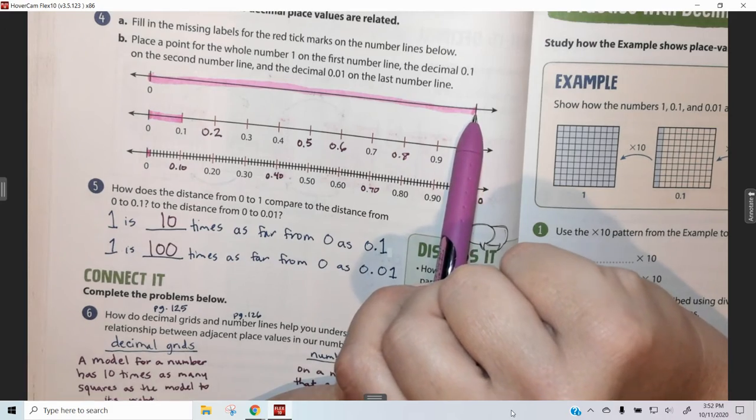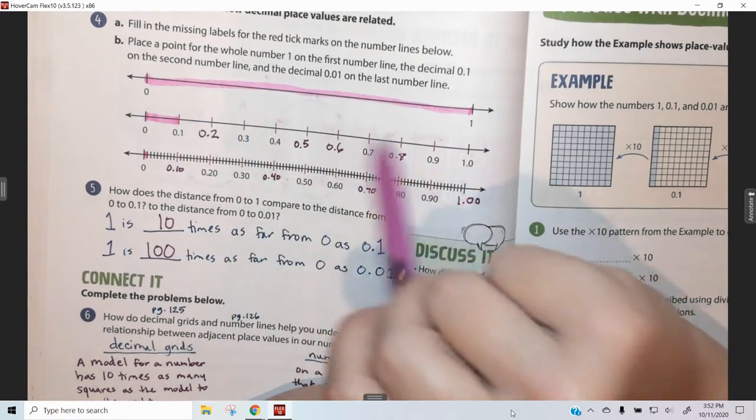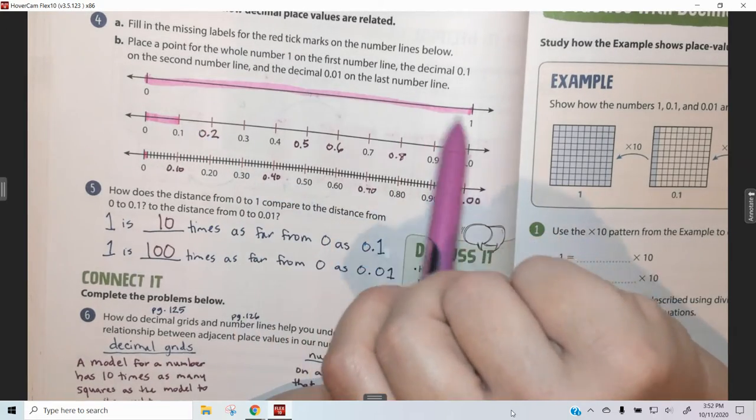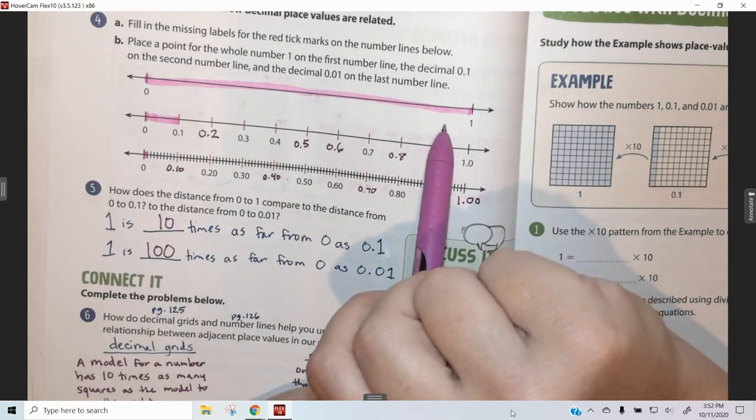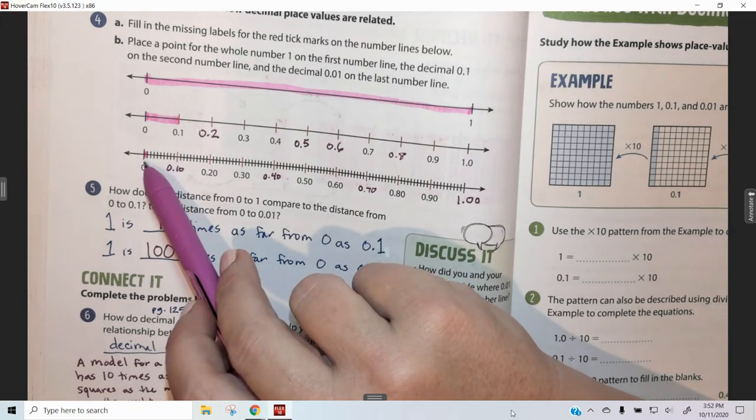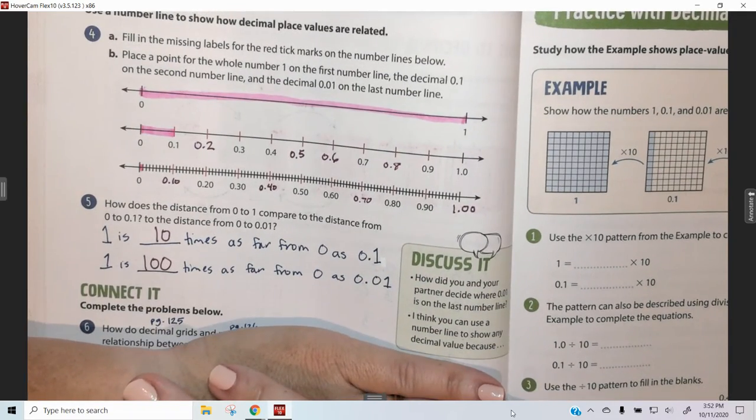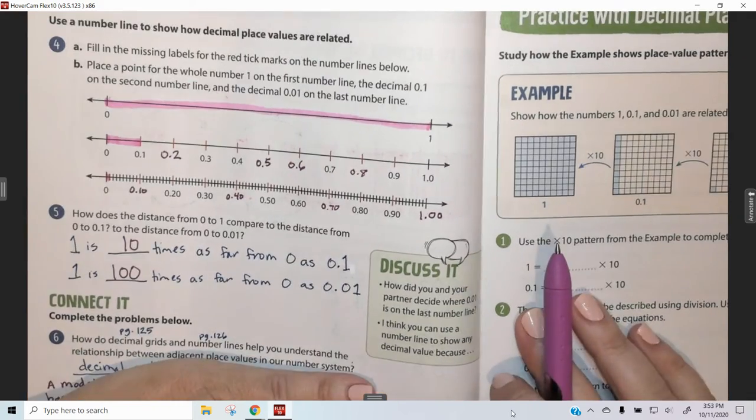So this figure here is 10 times longer than this length here. And this length here is 100 times longer than this length here. Isn't that crazy? I love it. All right, now we're going to